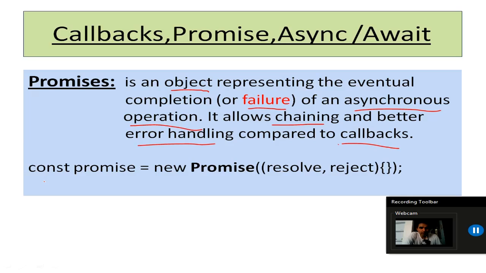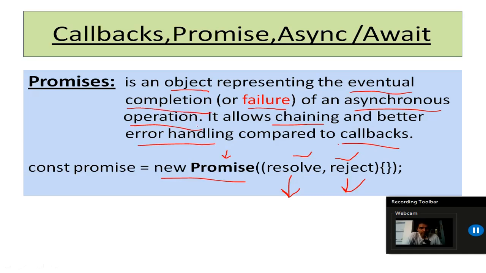Okay, so if we have to create a promise, then we create it like this: const promise equals new Promise, and here we have 2 parameters, resolve and reject. Okay, and Promise is a class, so with the help of this class we create an object of this Promise class. Now here resolve simply means that if your promise is fulfilled, then you will get the outcome of your execution, and if it gets rejected, then you will see the error for your reject case.